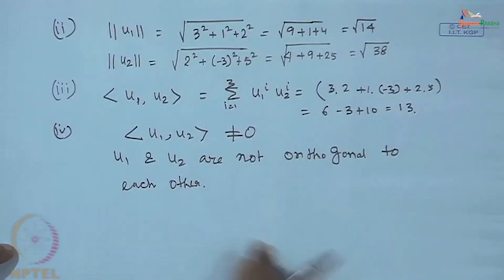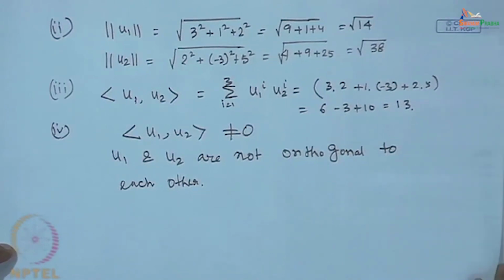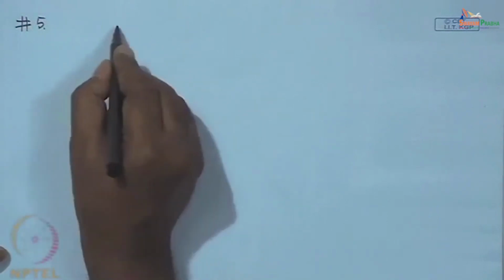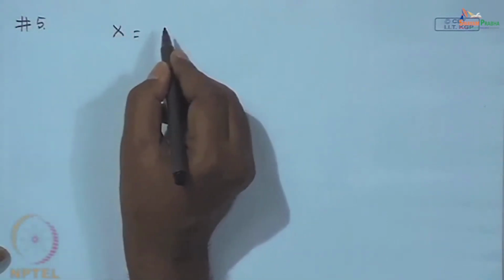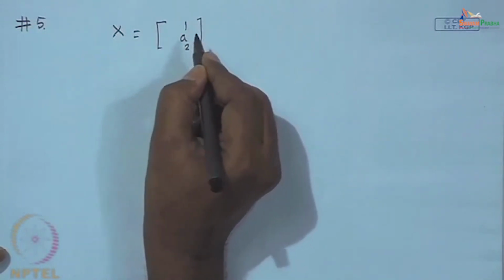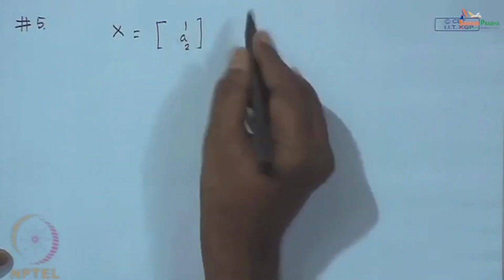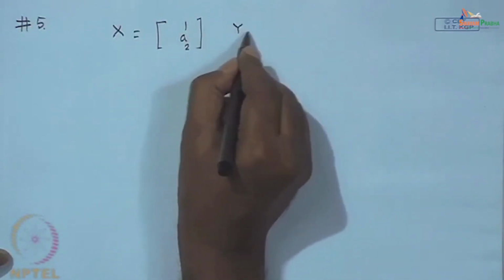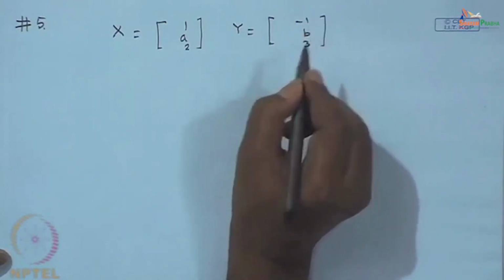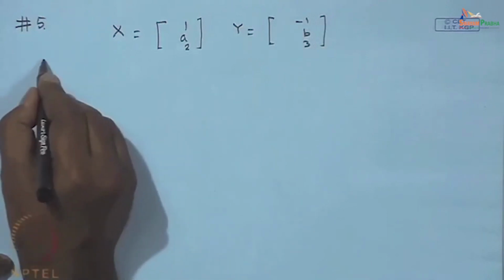Okay. So, that goes for problem number 4. Then let us look into the next problem. The next problem says that we have two 3-dimensional vectors, x = (1, a, 2). So, they belong to n-dimensional space. The elements can be real, it may be complex or whatever. So, y will be (-1, b, 3). Then we have to find out the relationship